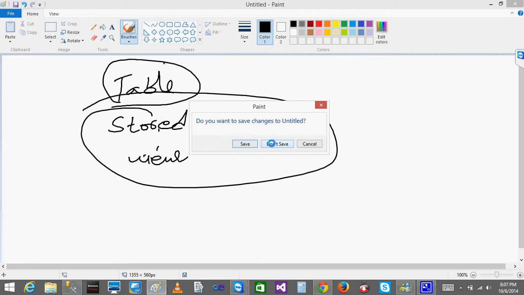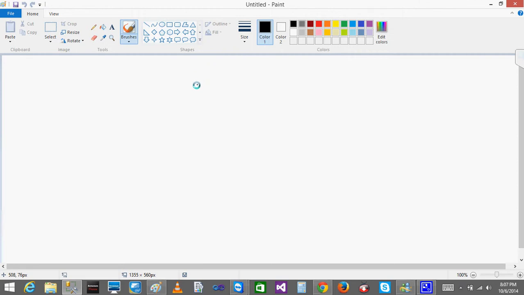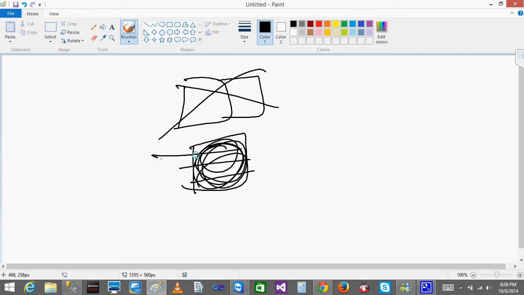So in a real time scenario, from the database point of view, if you want to create any object, there are certain commands. By using those commands only, you will be creating objects. You can change an existing object, or you can completely drop an existing object, or if there is any data in the object, you can remove only that data. You can update data in the object.